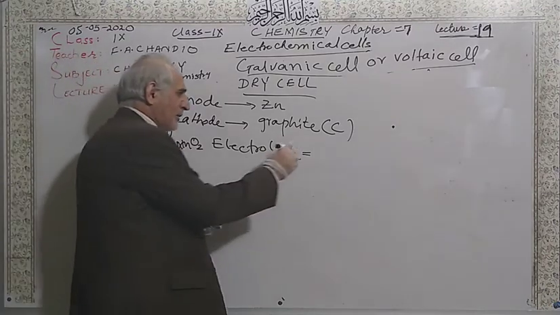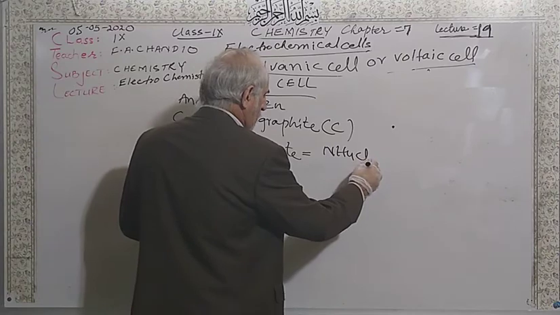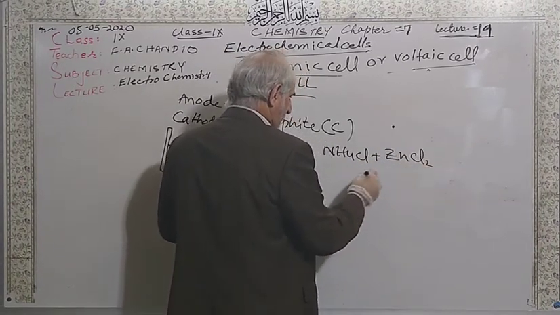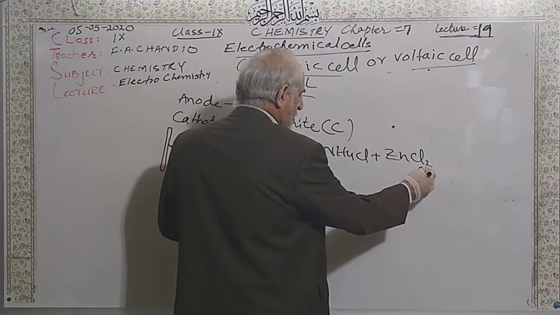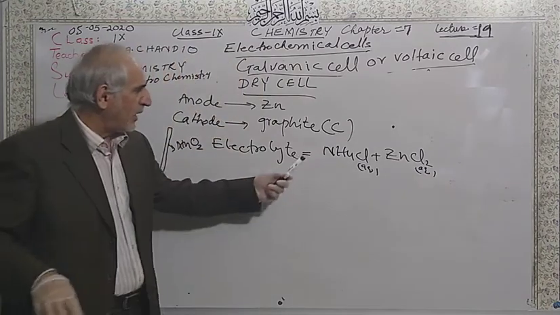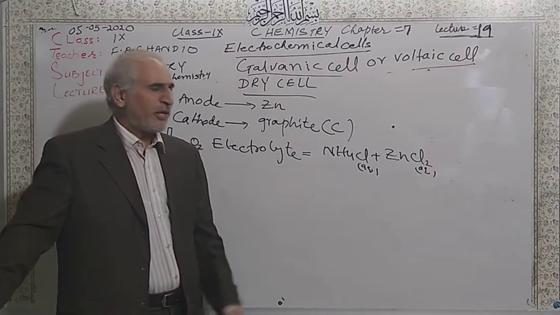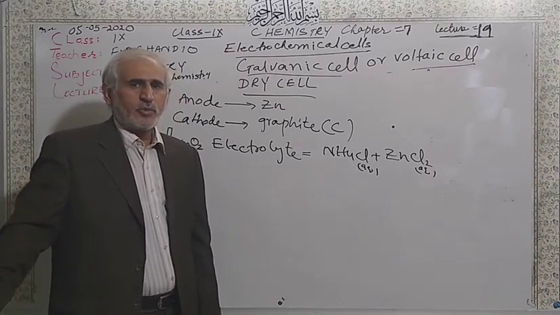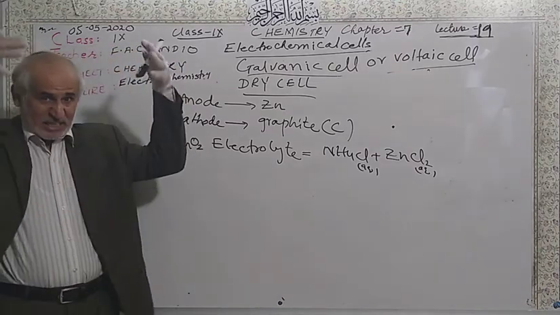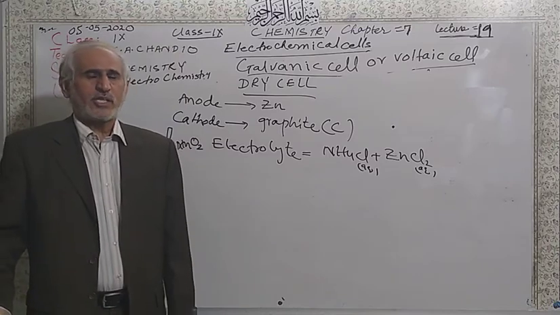So the electrolytes are ammonium chloride and zinc chloride paste, meaning not very liquid water but a paste, because when they give ions, then the conduction of electric current takes place. If there are no ions, there is low conduction, that's why we put some water. It should be in some aqueous form. So ammonium chloride and zinc chloride are inside the cell. They are used as electrolyte to conduct electric current.